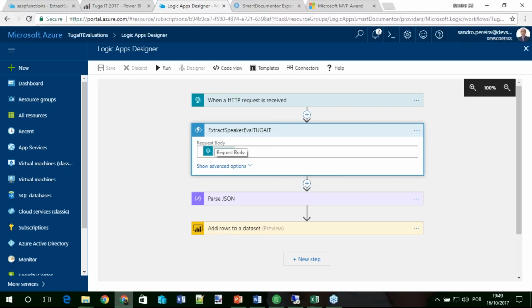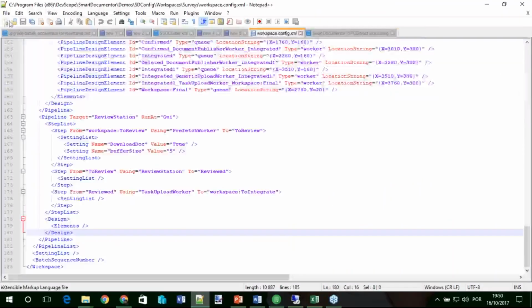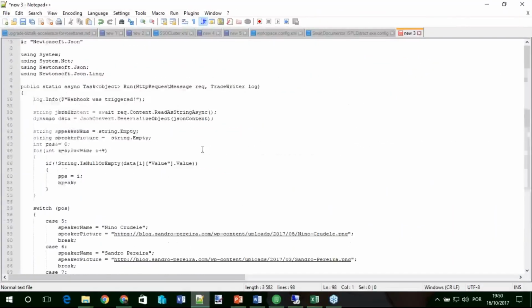Because it's JSON to JSON, it is a key value. I chose to create a simple Azure function. It's quick, I can try it, I can fix it to work as my mapper. So if I go to the function, this resolution doesn't help, but let me open it. Let me put the code here.